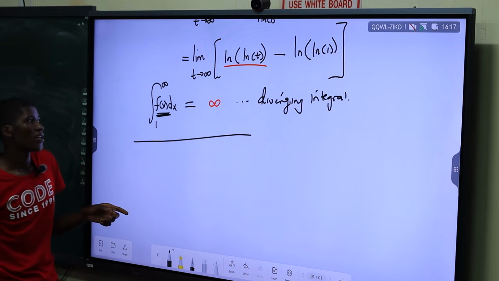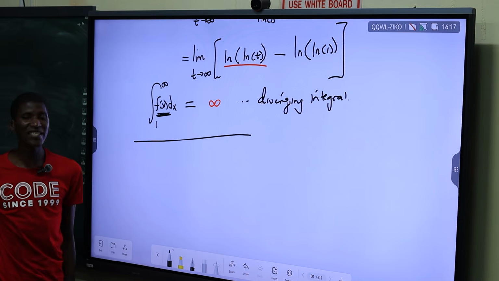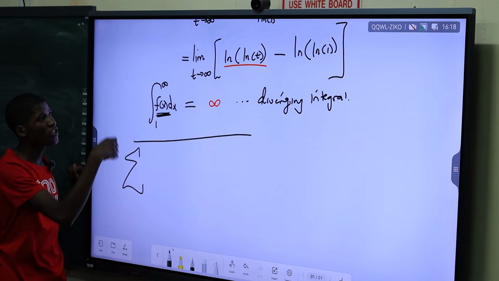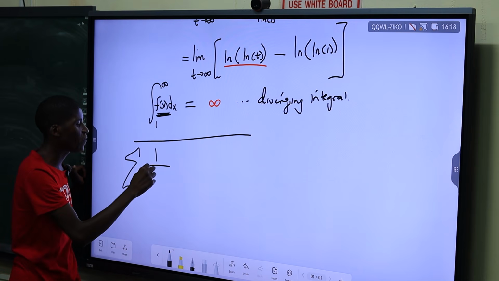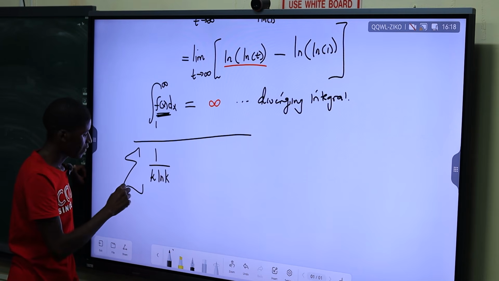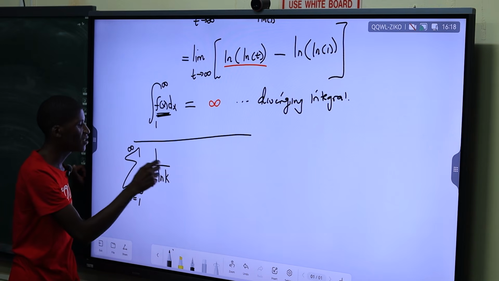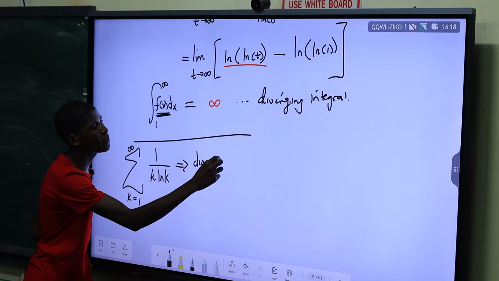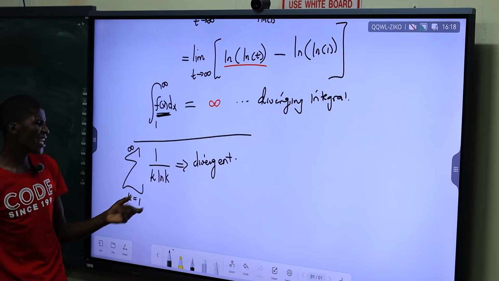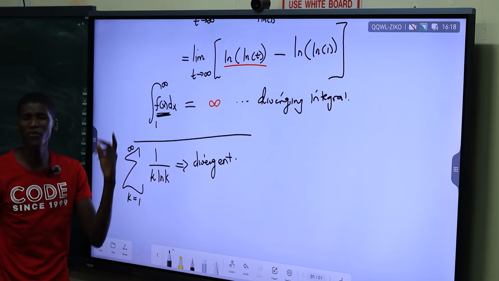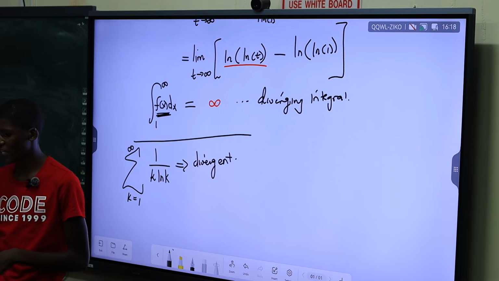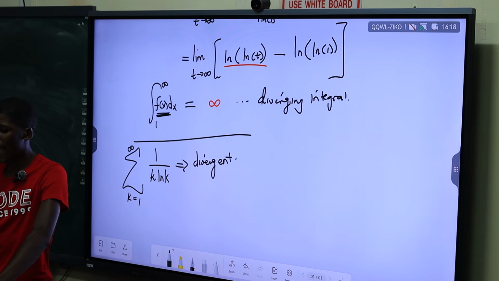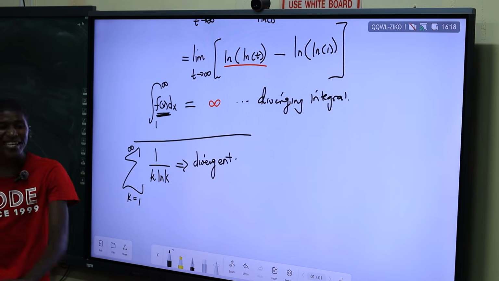integral, all right? And then since this is a divergent integral, it means that the sum which made the integral, which was 1 over k ln k, from k equals 1 to infinity, is also going to be divergent. It keeps on becoming bigger and bigger. Because even if you use a calculator here, or you won't have calculators, I'm saying. Yeah. So let's try to attempt now.